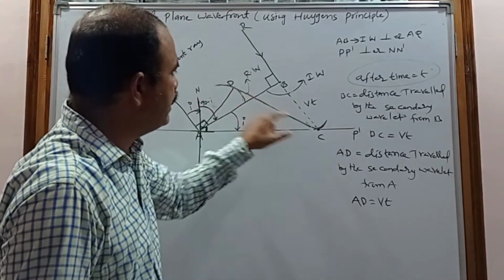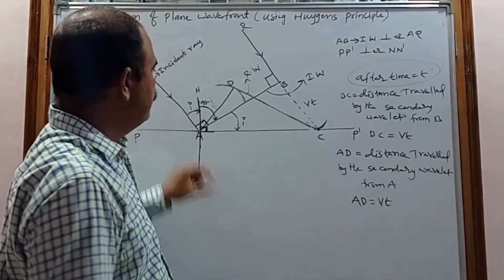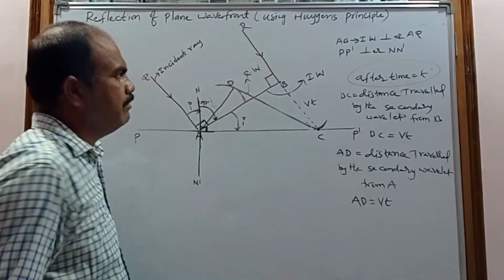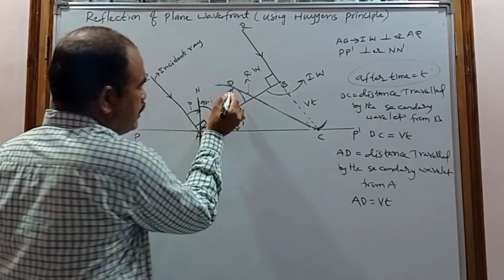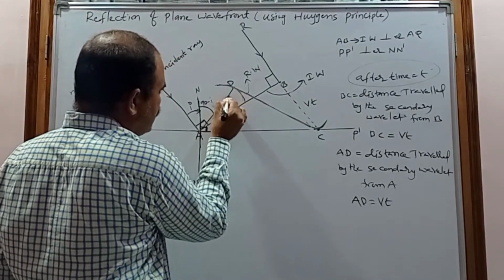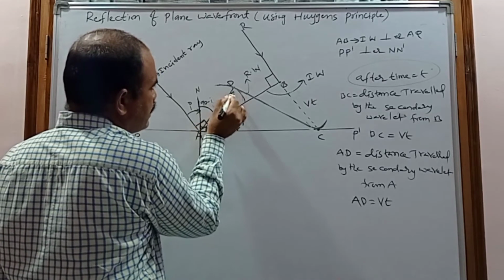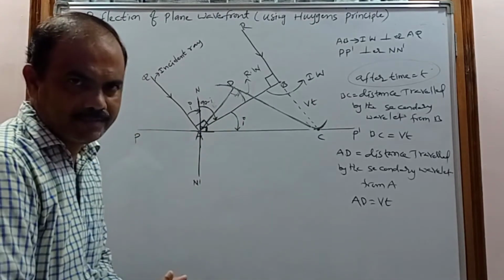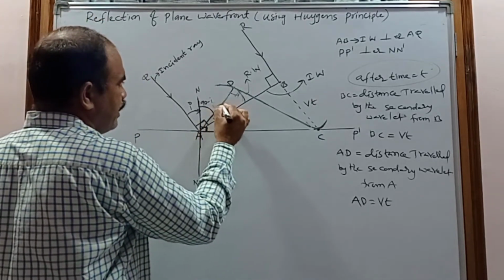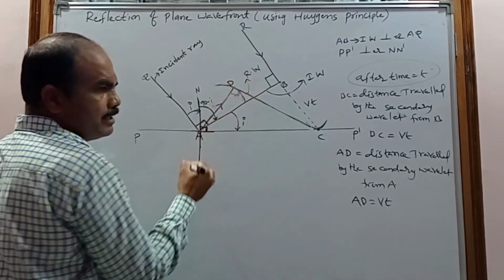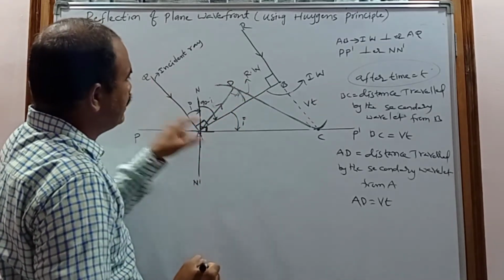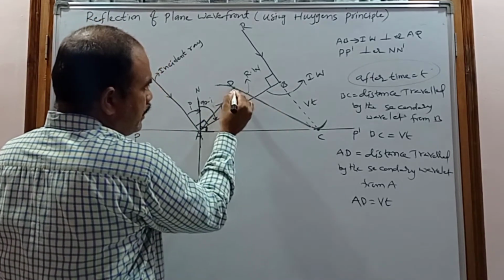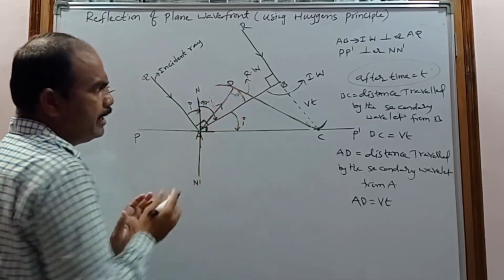So this is a common tangent drawn to the secondary wavelets produced from A and from B. This common tangent represents the reflected wavefront. And the secondary wavelet produced from A makes how much angle? 90 degrees. So this AD can be taken as the ray of light. This is the incident ray. This can be taken as a reflected ray because this is a wavefront. For this wavefront at D, this is a normal. That's why this AD can be taken as a reflected ray.